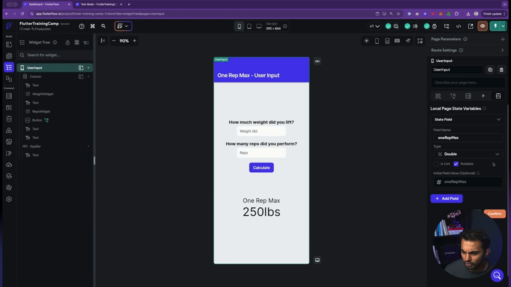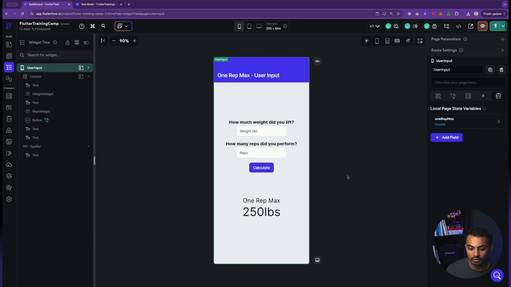Okay, so cool. Now I'll hit confirm. And there's also an option here for is list. So if you ever wanted to save a list of doubles or a list of strings or a list of numbers, you can do that as well. So now my page is ready for me to interact with this state variable.